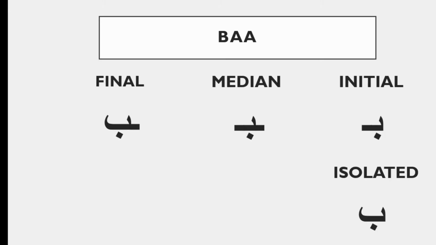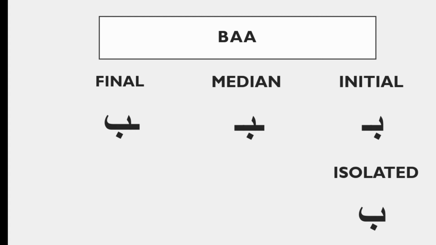So we have letter ba. Letter ba is written different ways in the four forms. The first one, we can join a letter. That means we can join a letter to ba, two or more. It can be just one, it can be two, it can be three. So we can join a letter, two or three, to ba,